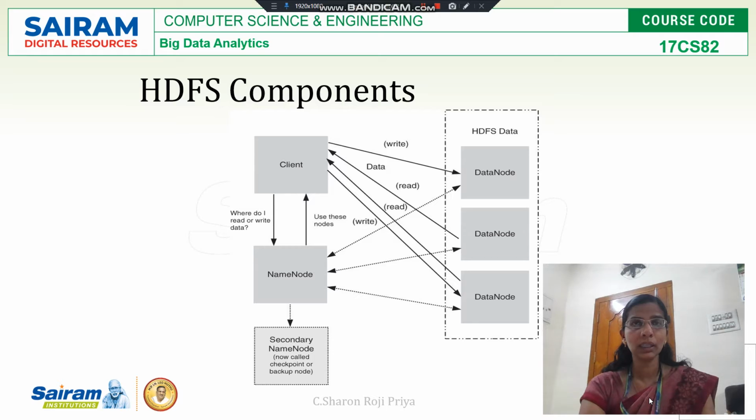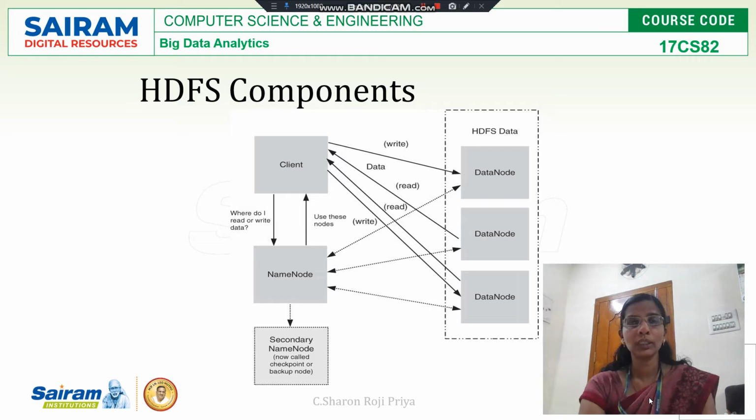And if you see this design or architecture, it is like a master-slave architecture. Here the master is name node and the slaves are data nodes. Why do I say this name node is the master? Because this name node manages the file system namespace, and it regulates client access. It will perform operations related to files, like opening the file, closing it, and renaming files and directories. All these operations are taken care of by this name node.